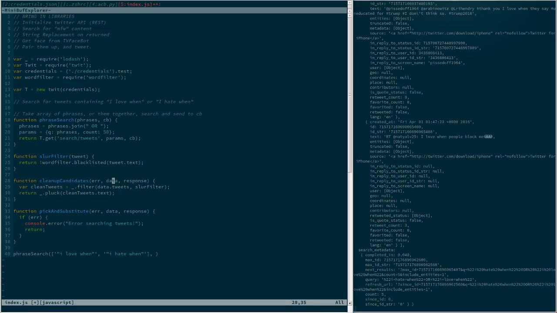So we're going to simplify cleanup candidates. We're just going to pass it tweets, and we'll filter those tweets through the slur filter and return back just the text for each of them in its own array. Pick and substitute will be